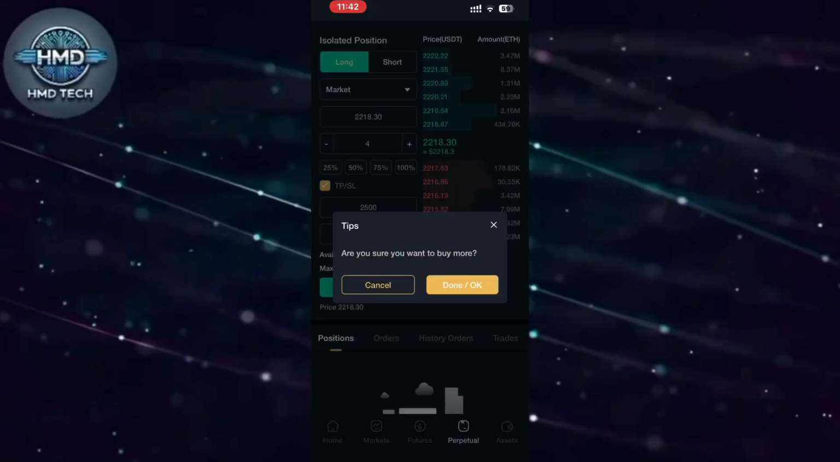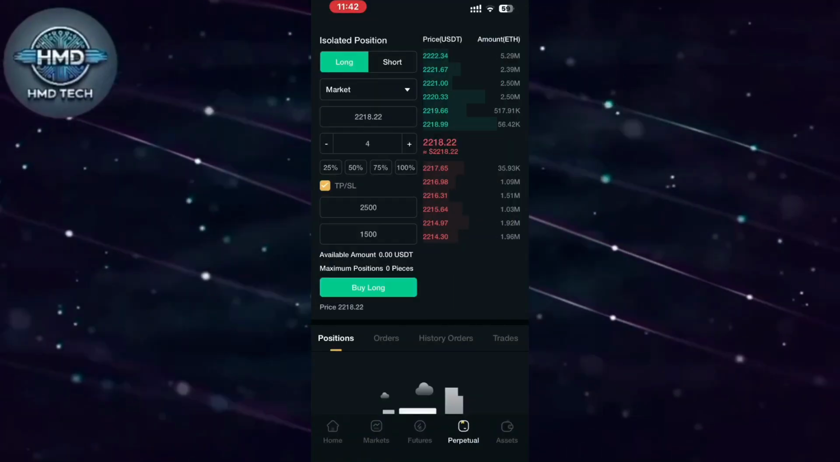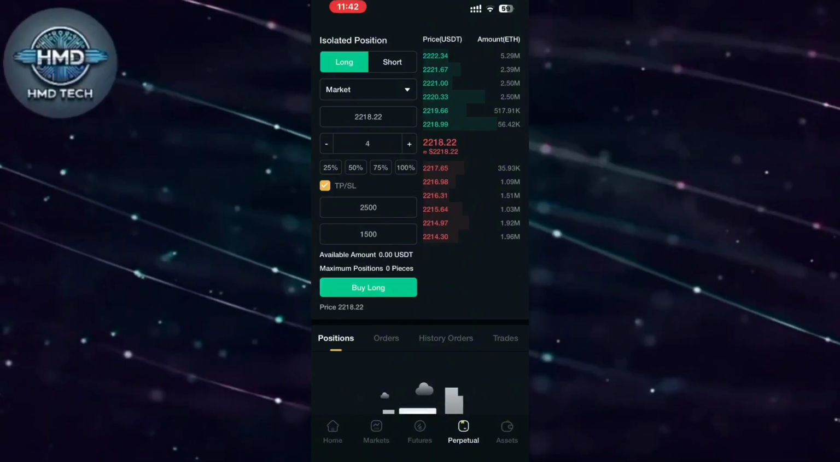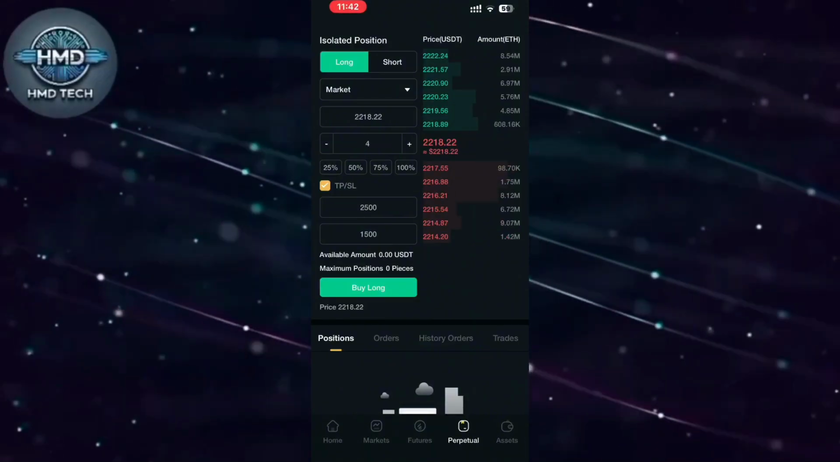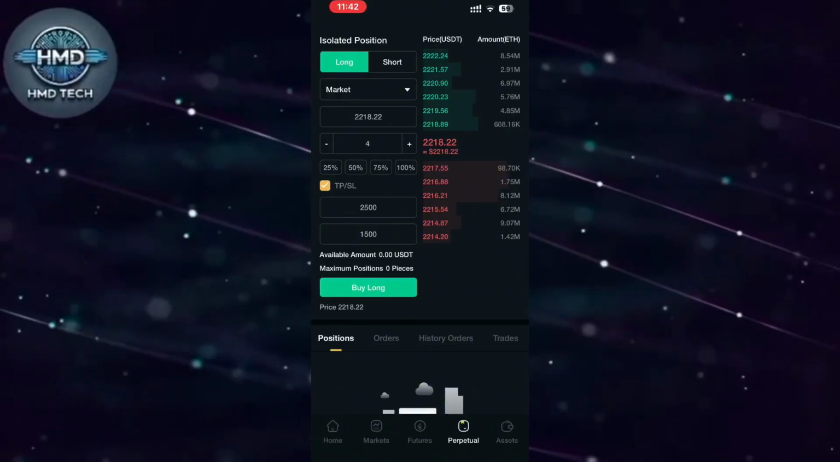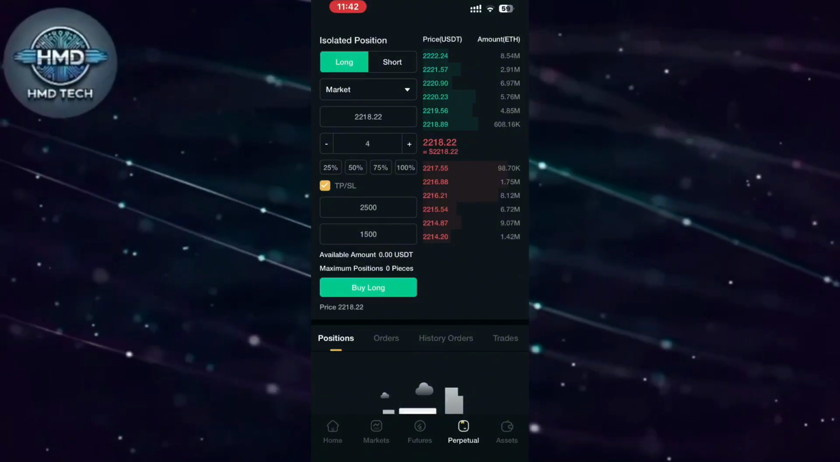Now tap Buy Long. Review details, then confirm. What happens next? Your long position opens, price moves up or down, and TP, SL triggers automatically. To summarize, opening a long position on DSJ involves going to the perpetual section, selecting long, choosing